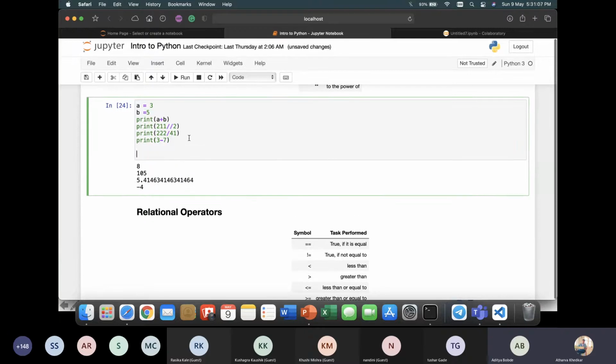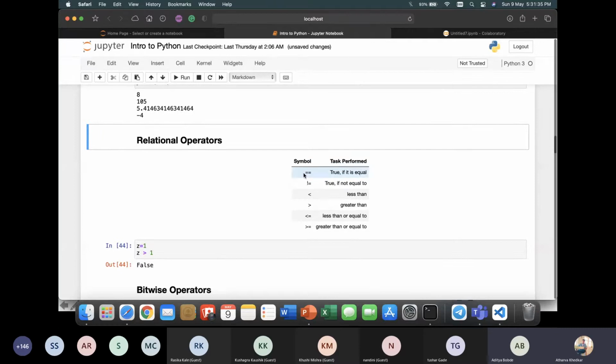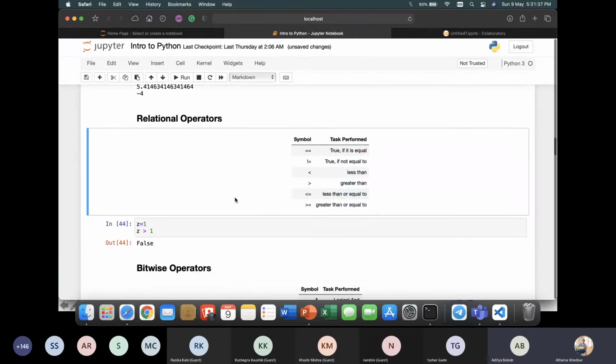One more thing: in C or C++, you give a header statement, like including stdio.h or conio.h. In Python, you don't have to explicitly import any stdio.h or conio.h for these operations. You can just directly run these programs easily, and you don't need any header files for that.